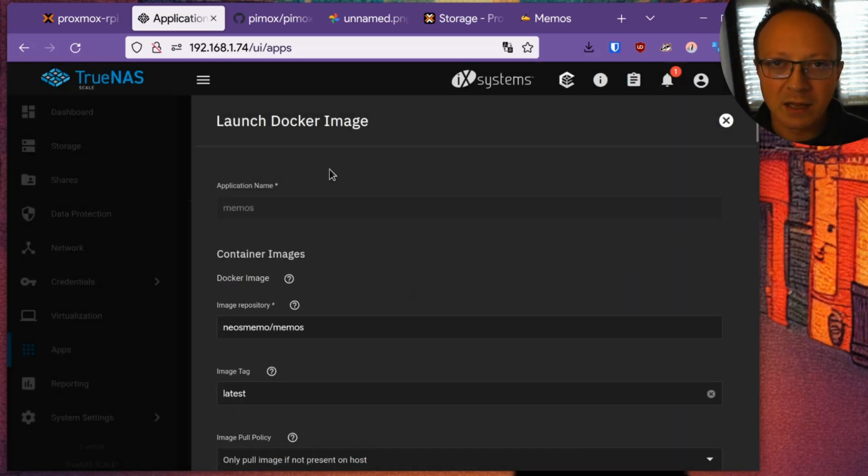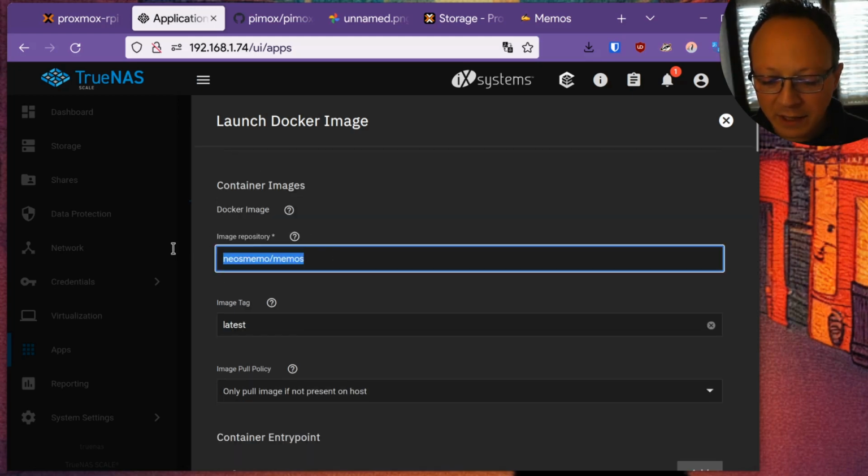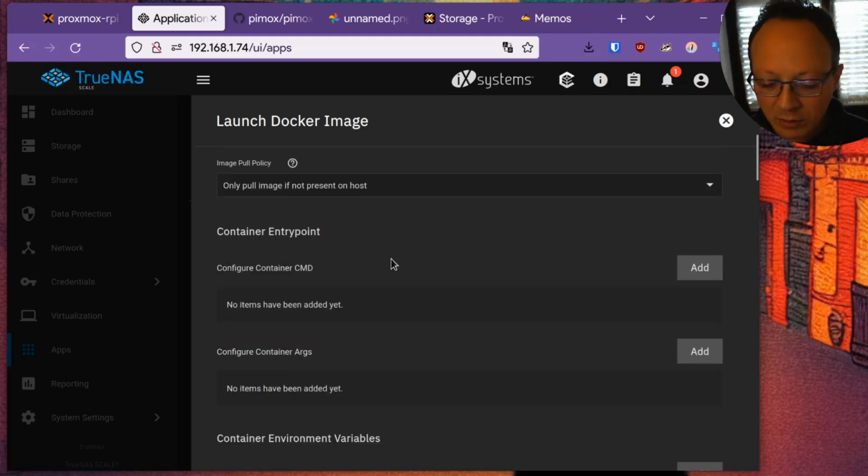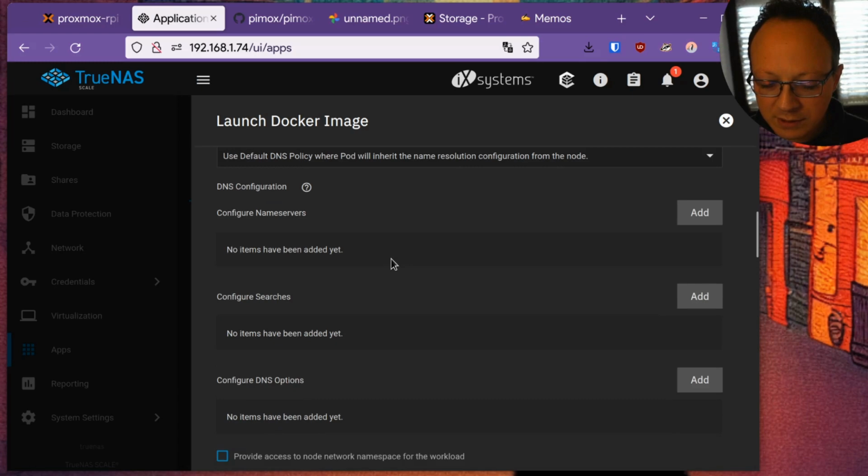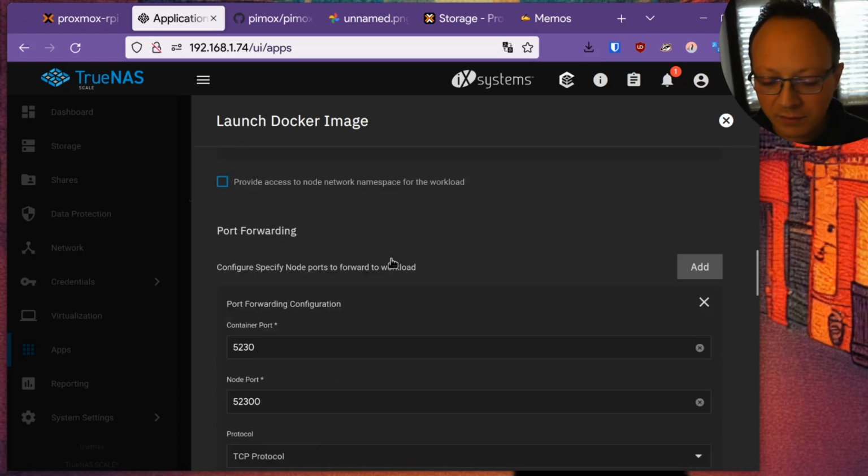TrueNAS implements recipes for a lot of images, but not with Docker, with the Kubernetes way. But you also can specify here the Docker Hub container and also other features that you expect from Docker.